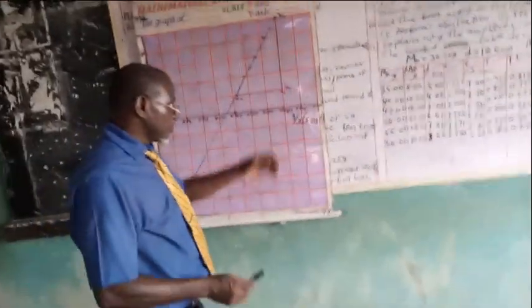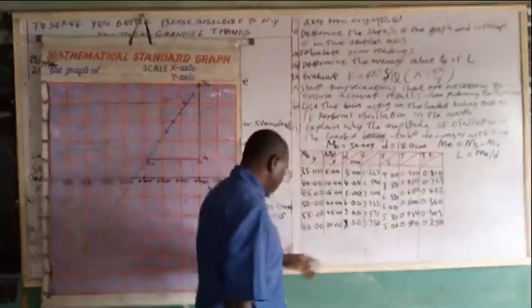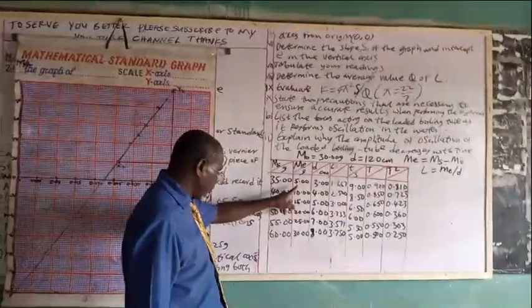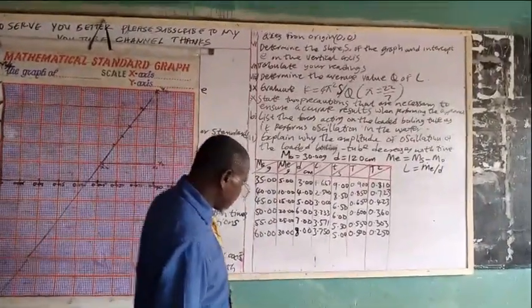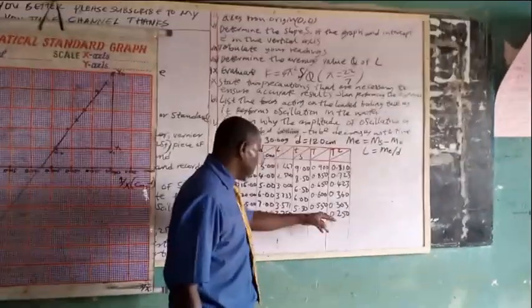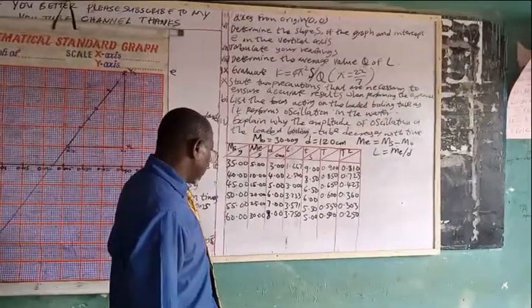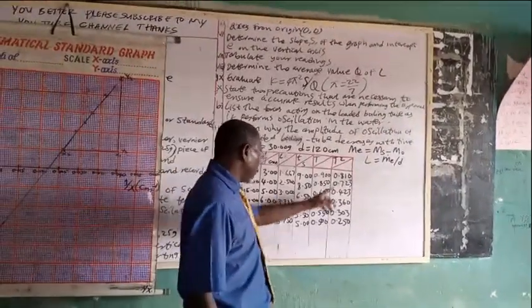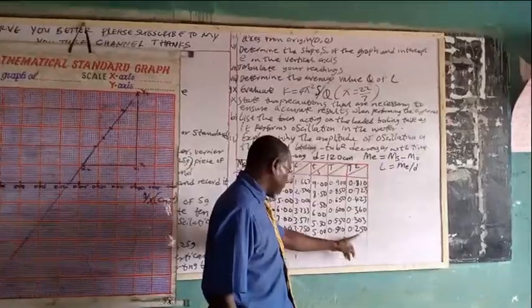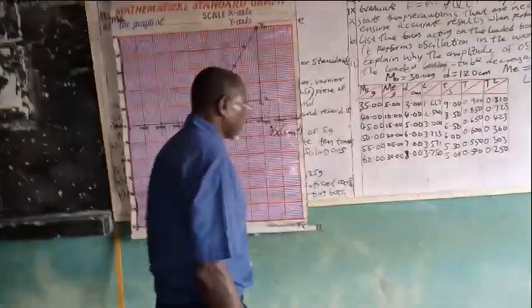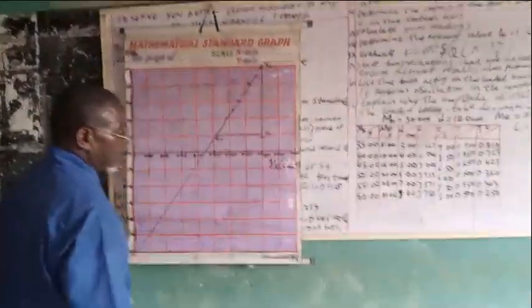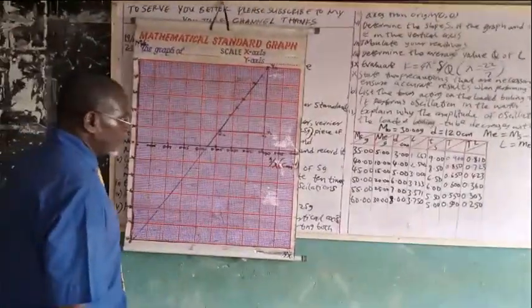These are the values of ME. These are the values of T squared. The maximum value here is 30. The minimum value here is 5. The maximum value here is 0.81, minimum value is 0.25. So our scale will be